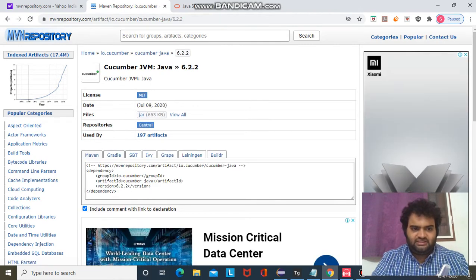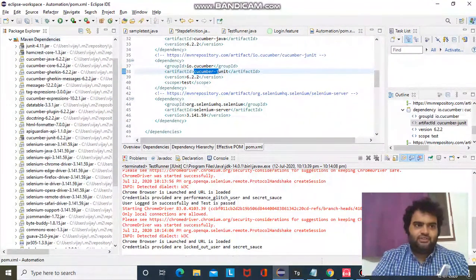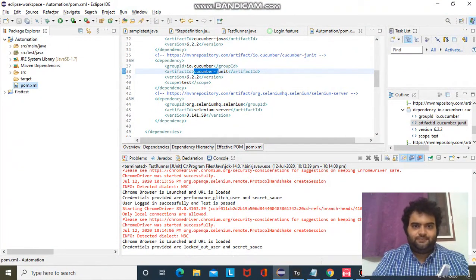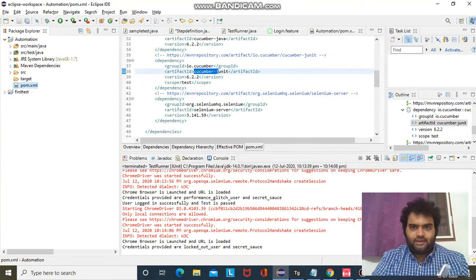After clicking that, you will be seeing this dependency. Add this dependency. Once you add that dependency in POM, it will automatically add the respective jars. So anyone can do this. It's a simple step. Once you are set up with these things, that's it guys. So we are ready for our program.